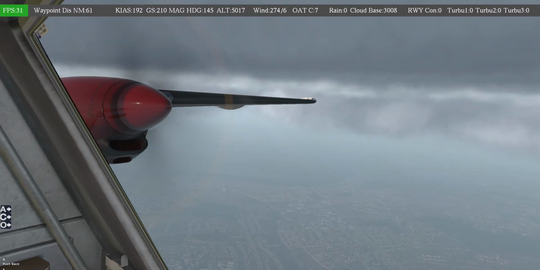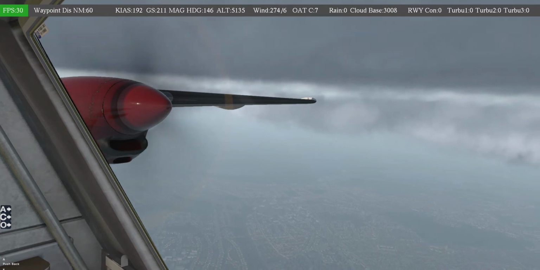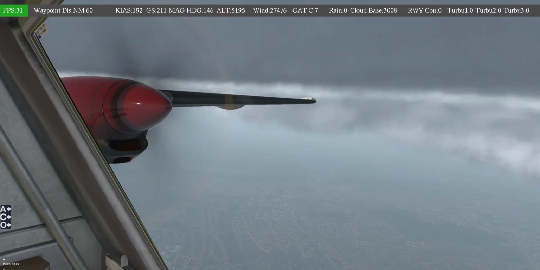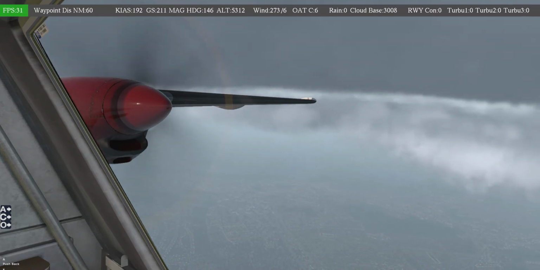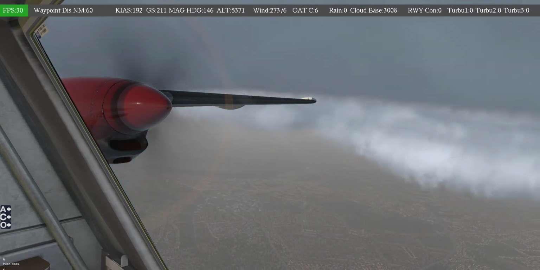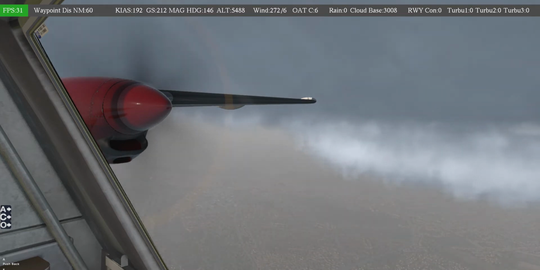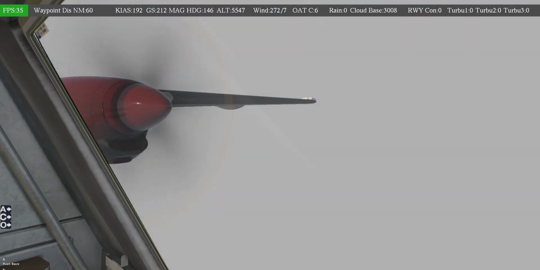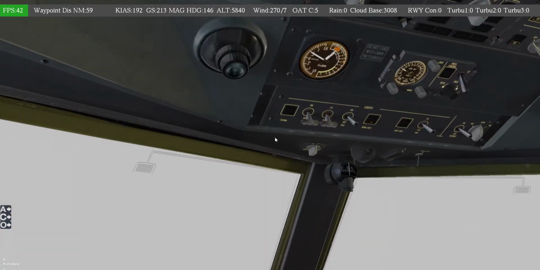It was just following heading, and it worked a bit odd, let's just say that way. But when it is first active, it tends to get better. So that's how it is. Okay, now we're getting into the clouds,